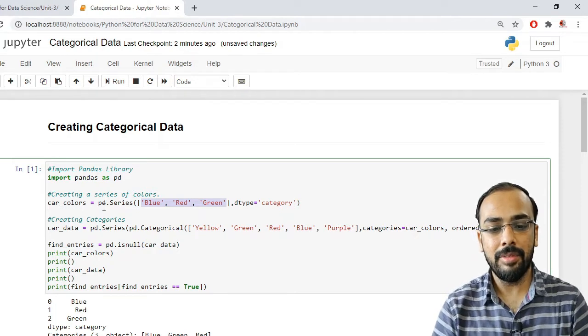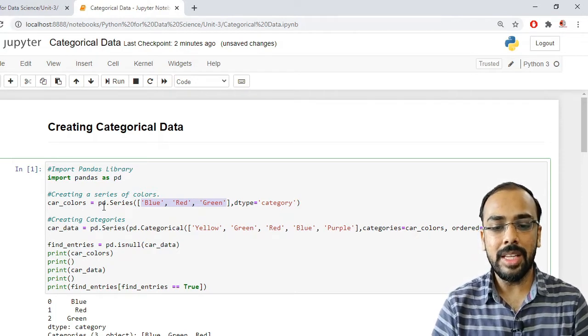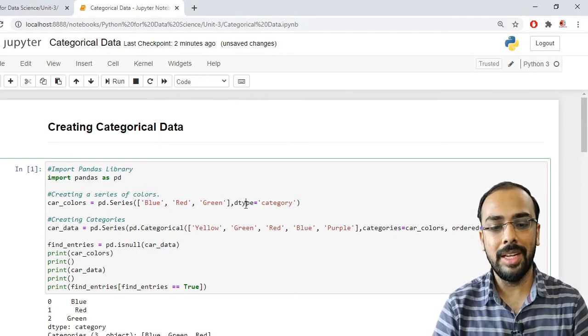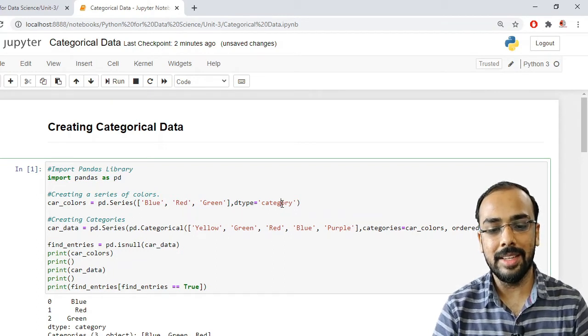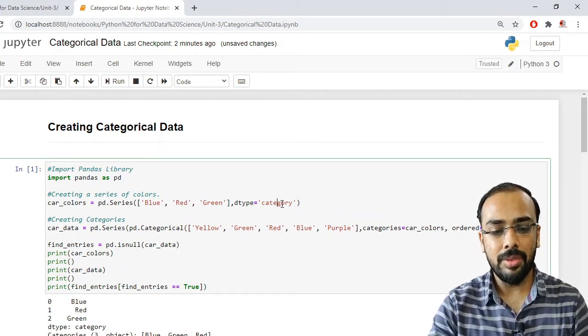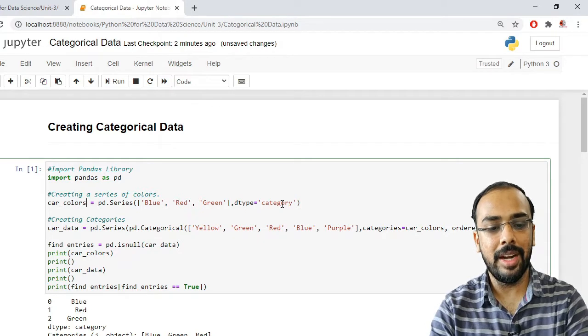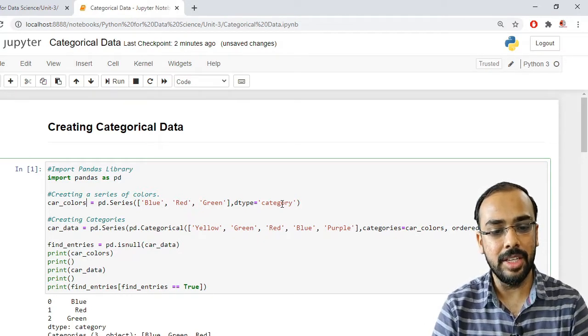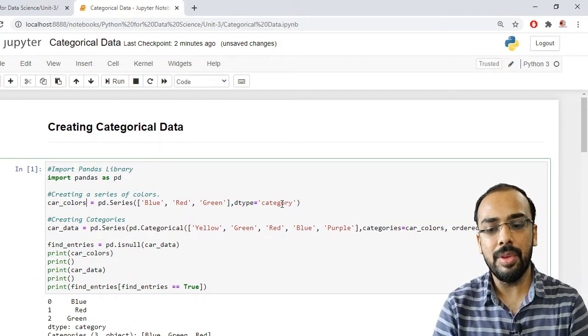Whenever we are working with a series, one thing I have specified is dtype. What do we mean by dtype? It means data type. We want to assign the data type as category, so this variable will be treated as a category of colors. That is car_colors.